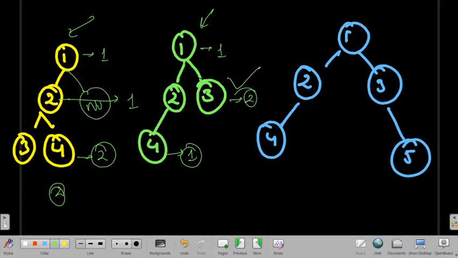Look carefully at this binary tree, because all the doubts you have are going to be covered in this binary tree. Here we have only one node, so width equals to 1, and in this we have two nodes, so width will be 2.